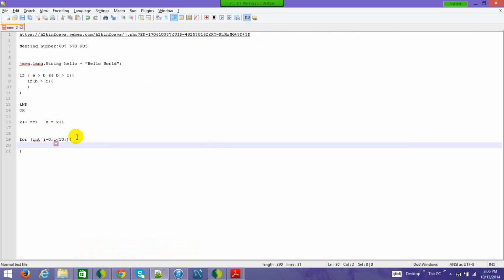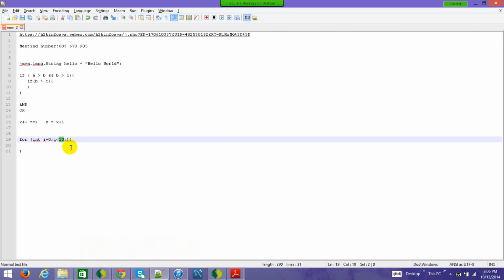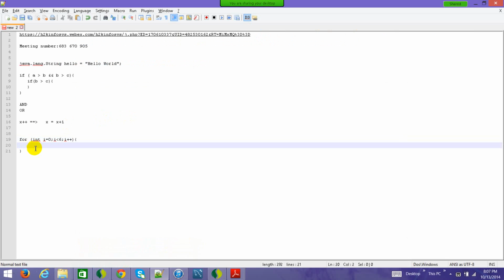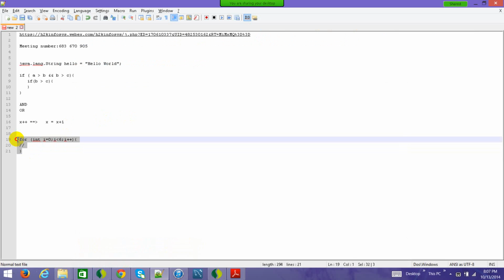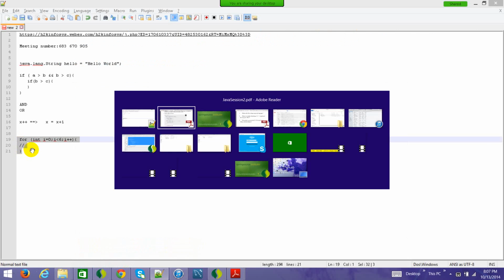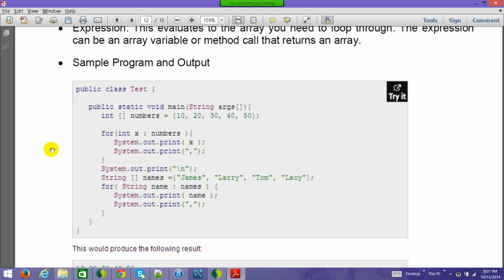So you define that it has to be, say, less than 6, and every time the value will increase by 1. So for 5 iterations, you will go inside this numbers array and print the number one by one here. Okay. Now you can do this, not a problem. But what was seen is that this is cumbersome, right? This is not required. If we have to iterate over a collection, then why not directly have that option?